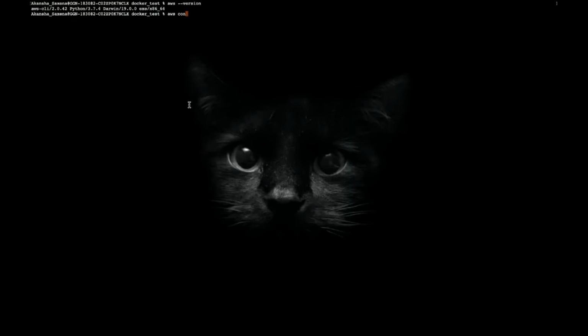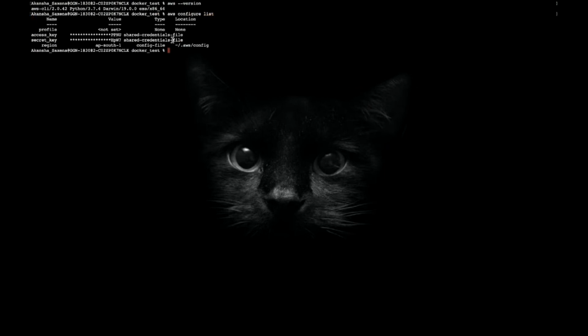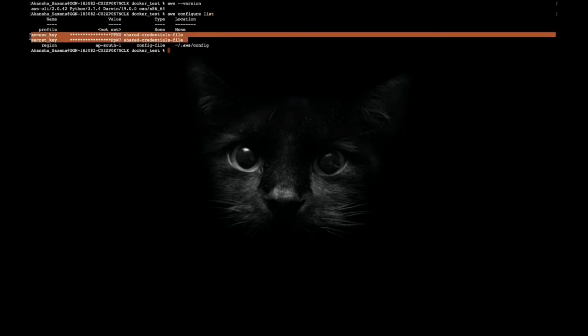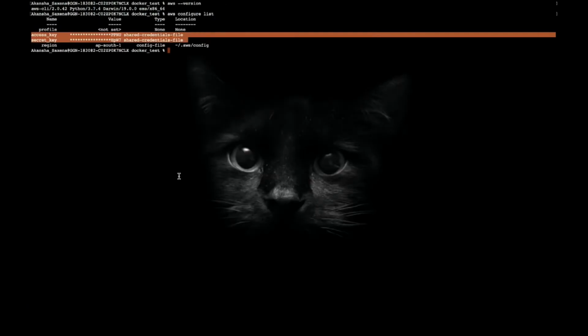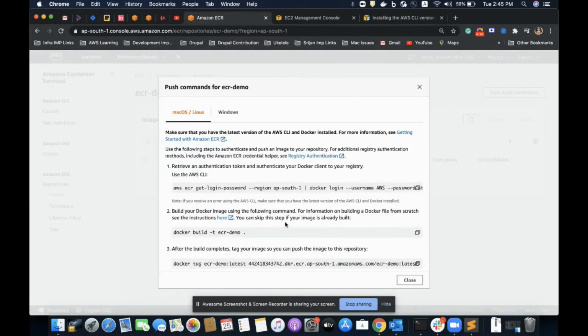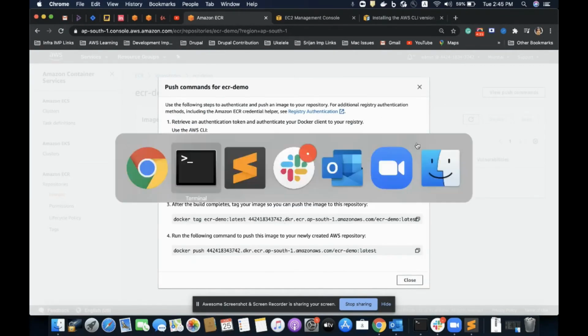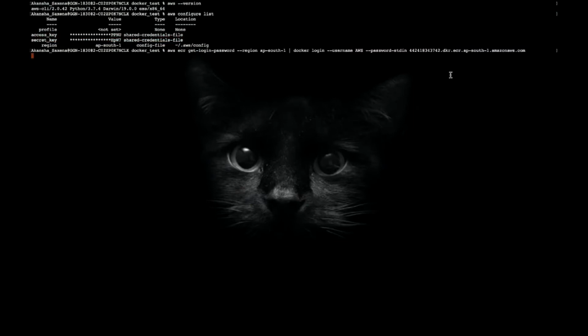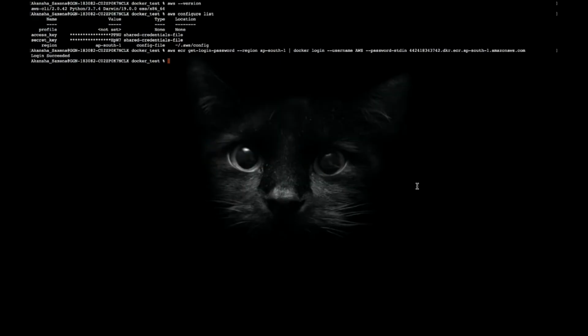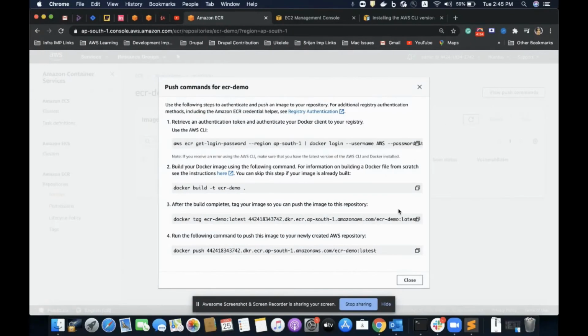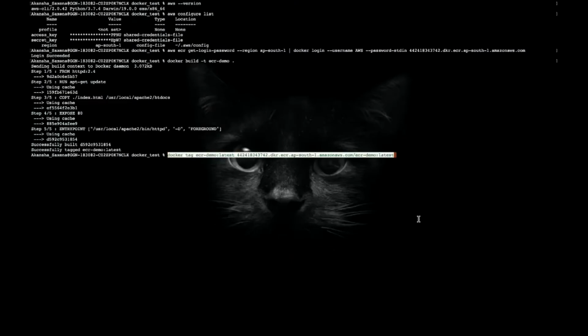If I show you what I have configured, I have already configured the default access and secret key of the user, which has the permission to push the Docker image to this repo. So I'll follow the commands I have here. I'll start by logging into my ECR, then building my Docker image, then tagging my Docker image with the latest tag, and then pushing this tag.